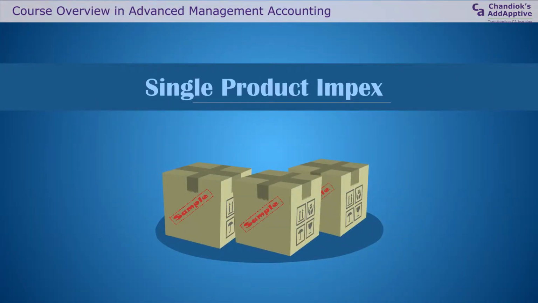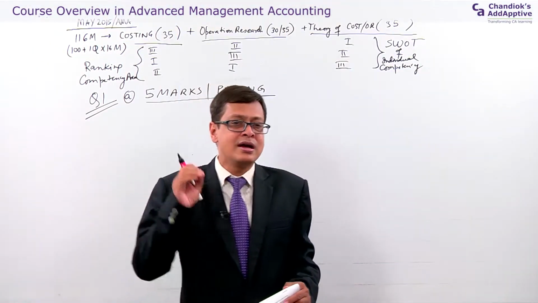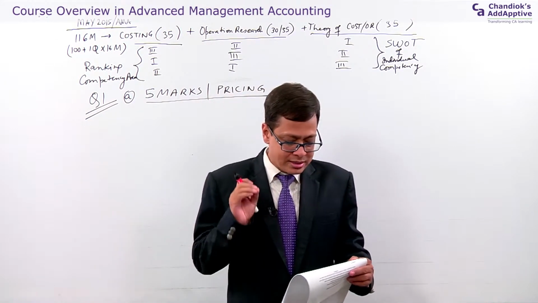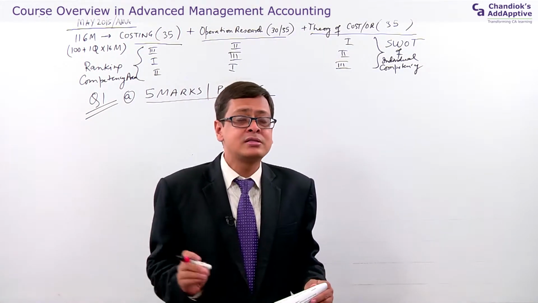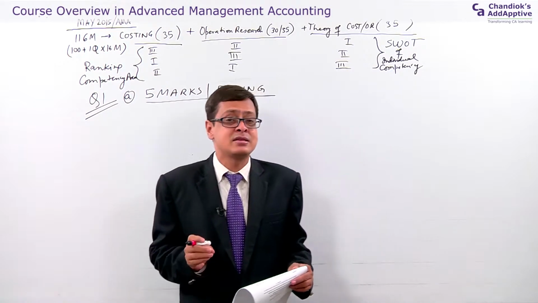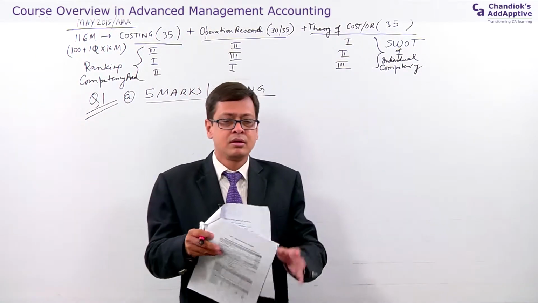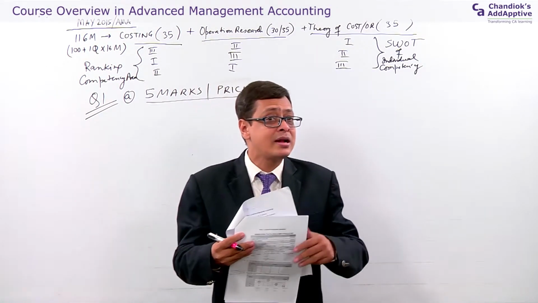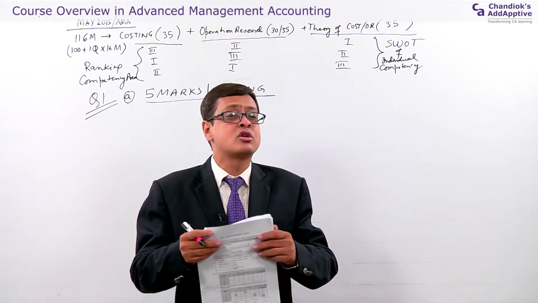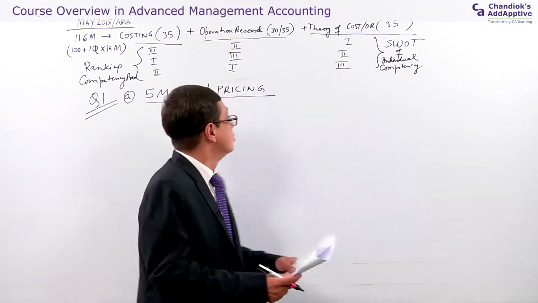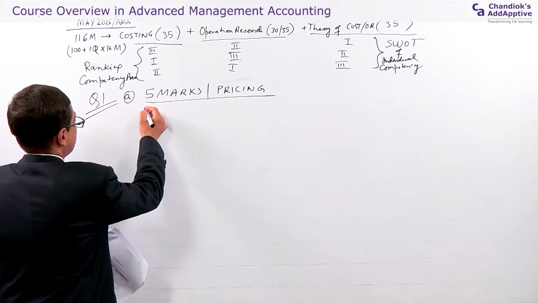What is the most crucial thing you have to understand? The company wants to get a return of 25% before tax on capital employed in fixed asset and current asset. So this particular part is crucial. If you can do this part correctly, definitely you can secure full marks in this question. So let's do this question together.